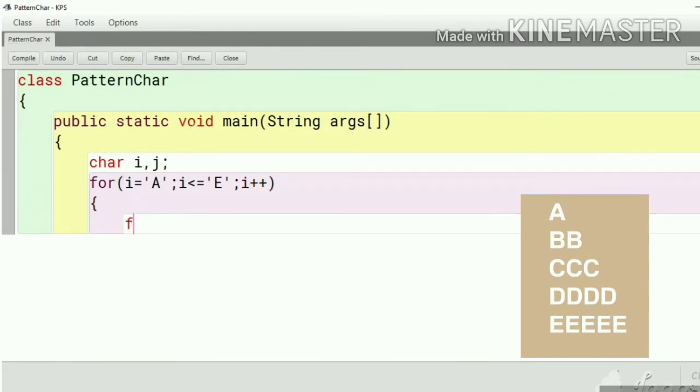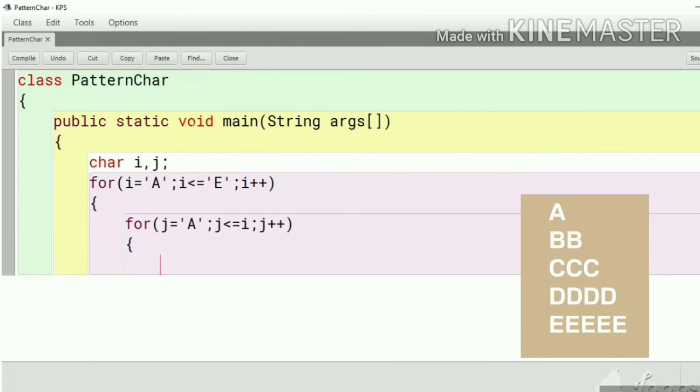For the inner loop we have to write j equal to single inverted comma A single inverted comma close, and j less than equal to variable I, and j plus plus, curly brace open for the inner loop.